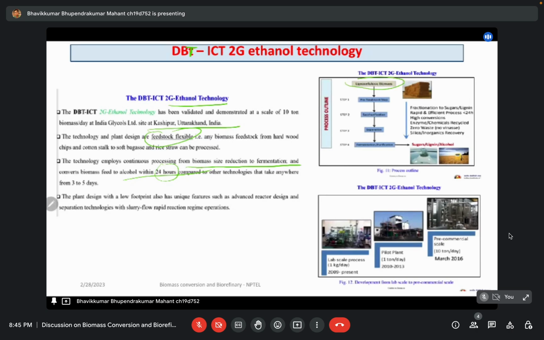So first we have the lignocellulose biomass. First we go for the pre-treatment, then saccharification, where we remove the glucose, hemicellulose and cellulose. Oil you can generate, alcohol you can generate. Then the alcohol is ethanol, 2G ethanol, which you can